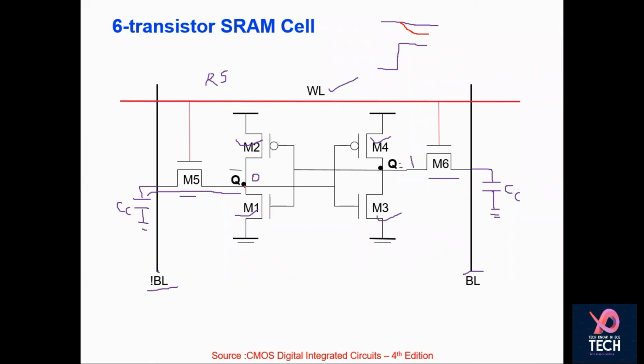Once again, here you can see this is 0, and 0 means below the threshold voltage, so this is off. That means VDD is giving you this particular node high. When this node is high, it acts as input of this inverter, and this is greater than the threshold voltage of this. So this M1 is on, which keeps this permanently grounded. That is why the contents will not be altered in the case of a 6 transistor SRAM cell. So this is about the read operation of your SRAM cell.